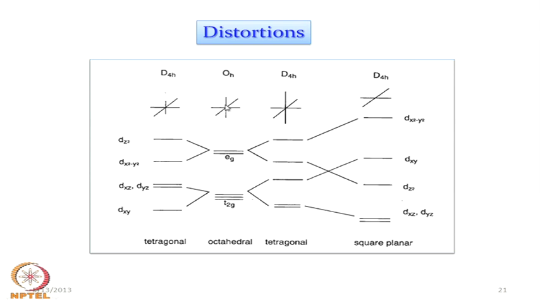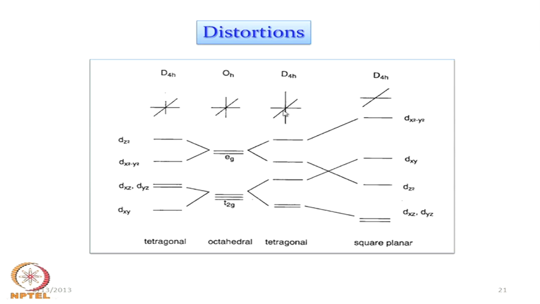So when all the ML bonds are the same, we have the regular geometry related to the typical octahedral geometry, with the t2g and eg levels, which is octahedral in size and shape. And when we try to elongate this along the z axis,